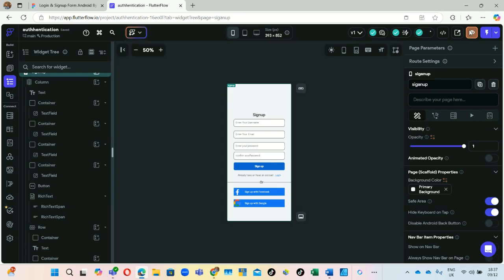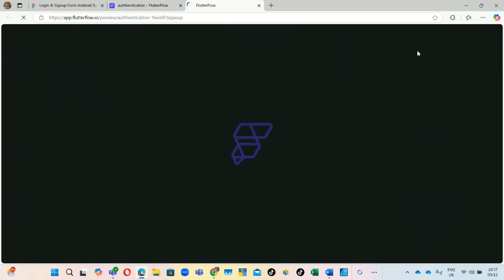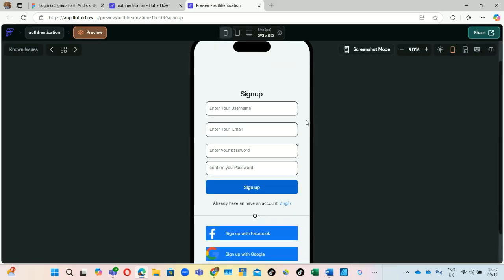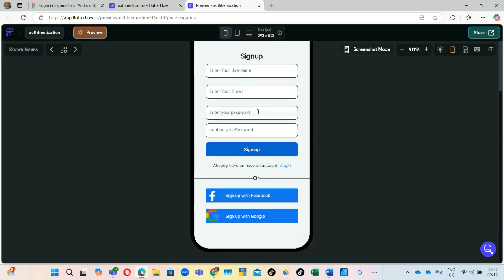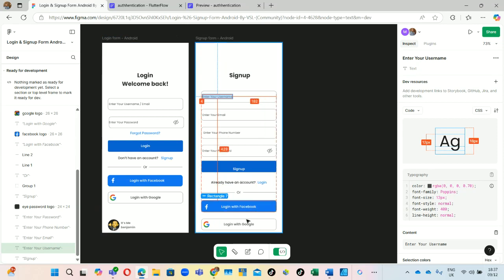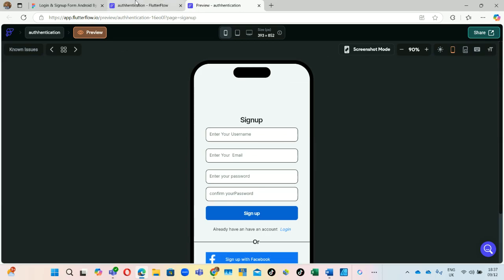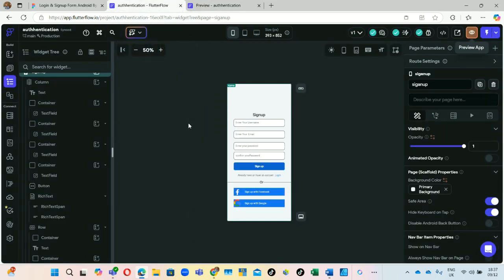After that, I'll click here to preview my page. It will take the shortest time, like less than 3 minutes. Yeah, so this is my sign up page. If I compare what I have here with what I have on my Figma design, wow, you see, exactly the same thing. So this is how we create the login and sign up pages in Flutterflow